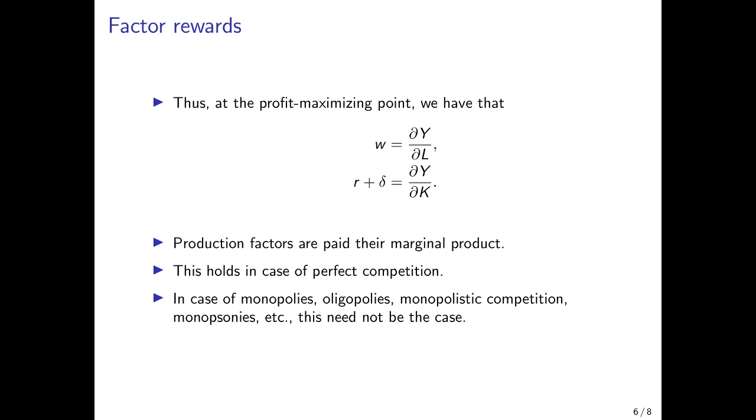If there are monopolies, oligopolies, monopolistic competition where firms produce slightly differentiated goods, or monopsonies where there is power on factor markets. So if a firm in an area is the only employer, for example, then it has a certain market power on the labor market, then this does not need to be the case. In this case, production factors will generally not be rewarded according to their marginal product. However, we now assume that we are in the basic macroeconomic model with perfect competition, and now I present a